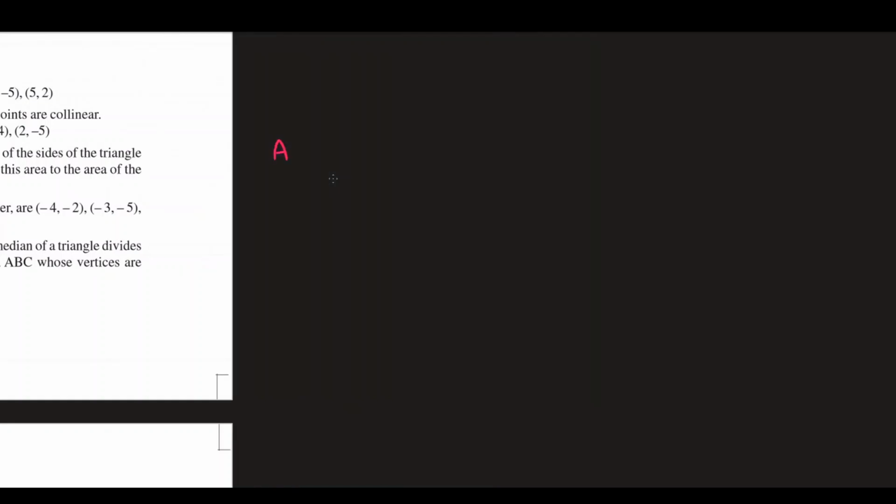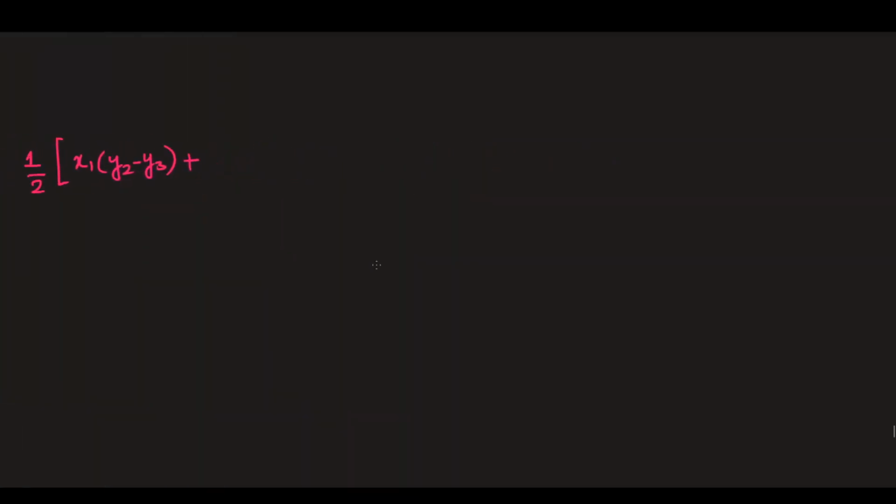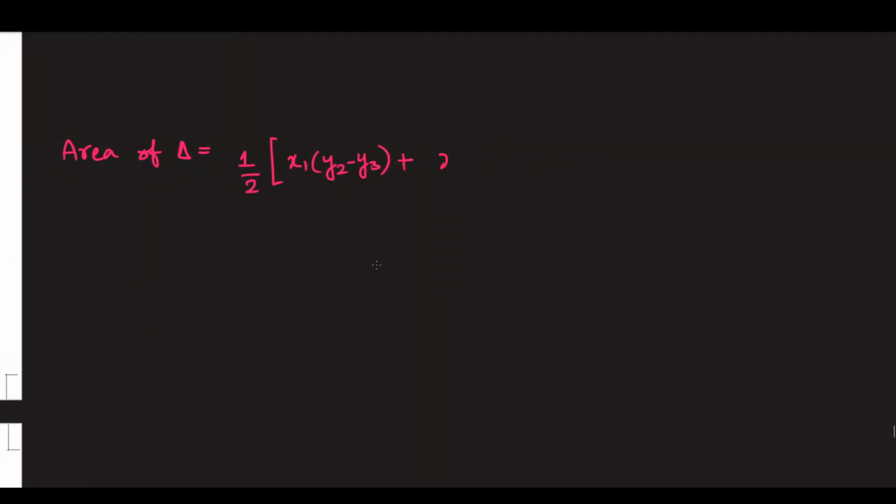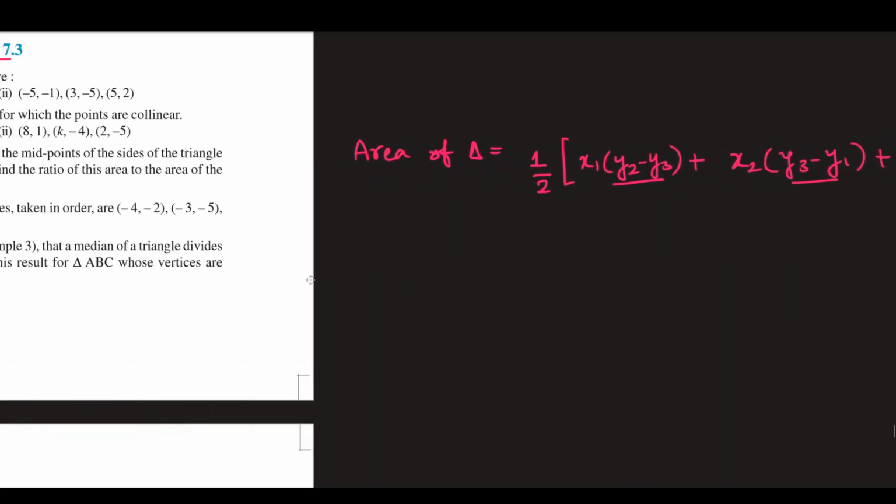So the area of a triangle can be written as half into x1 into y2 minus y3 plus x2 into y3 minus y1 plus x3 into y1 minus y2. This order is very important and you should learn this formula, and we just have to apply it in